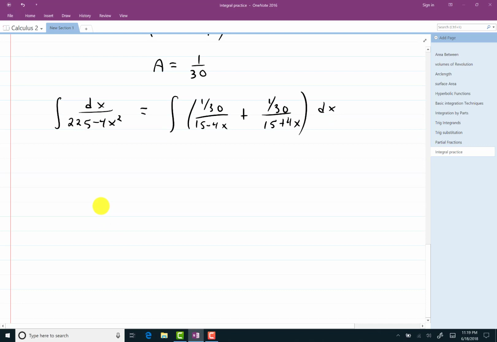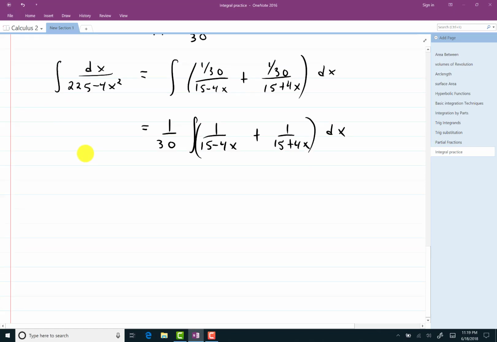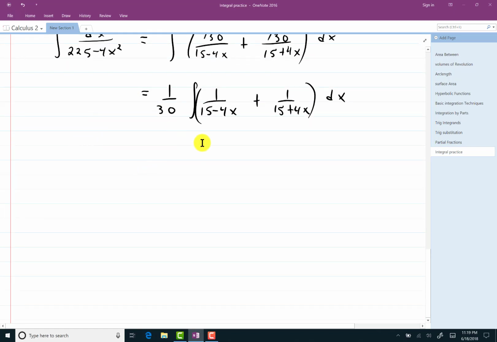And I'll pull the 1/30th out front. And I'll have 1 over 15 minus 4x plus 1 over 15 plus 4x dx. Now for each of these, I don't know if breaking it up into two integrals will be useful or not,